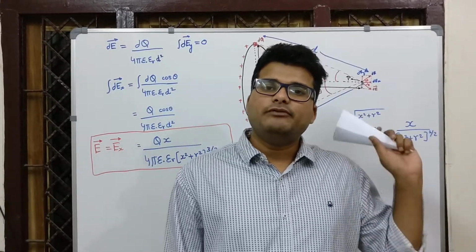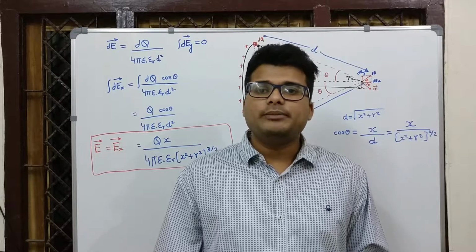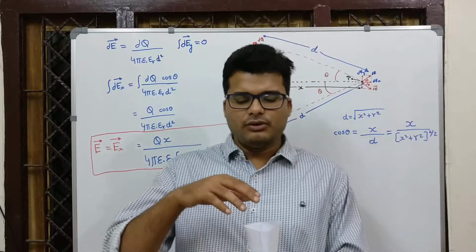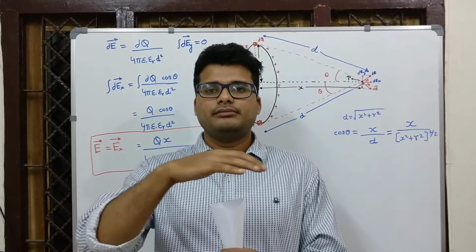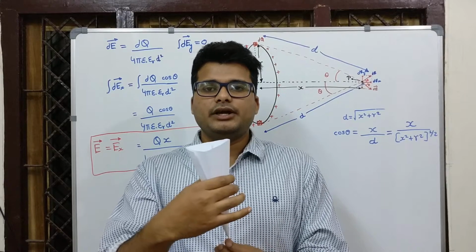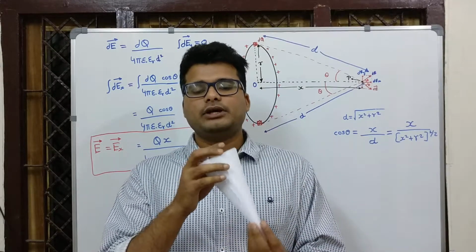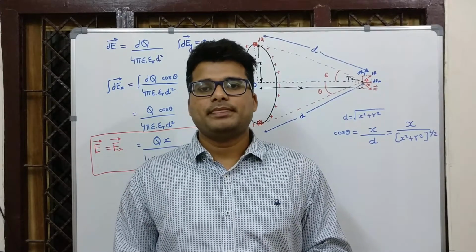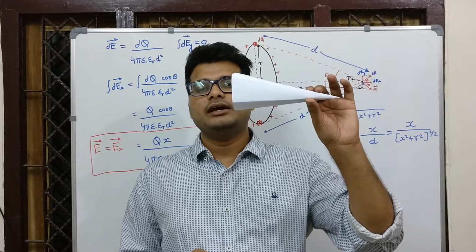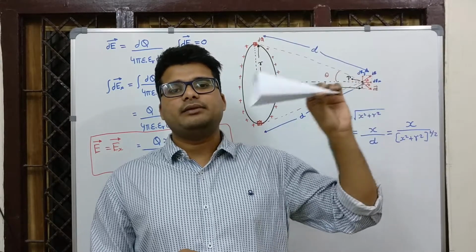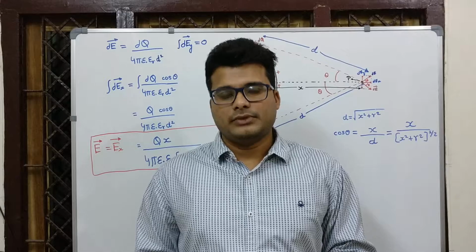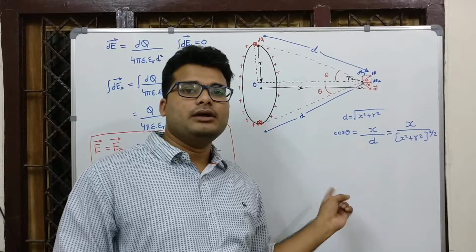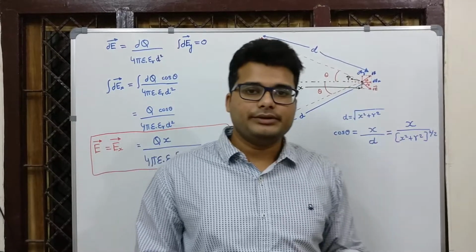Agreed? Now before we start this problem, I want you to imagine a cone, an ice cream cone, doesn't matter. A cone has a circle at the top which tapers downwards into a point. If you look into the cone, it looks like that circle which tapers down at the bottom. If I put cones like this, can you see the similarity between this diagram and a cone? Agreed? If you just join the lines from dq to that point and from below dq to that point, you get a cone over here.